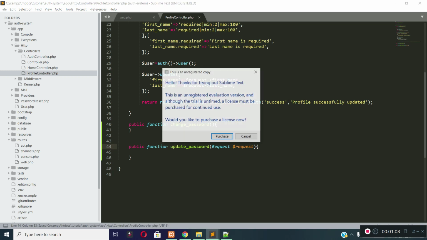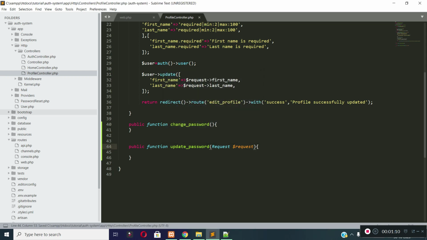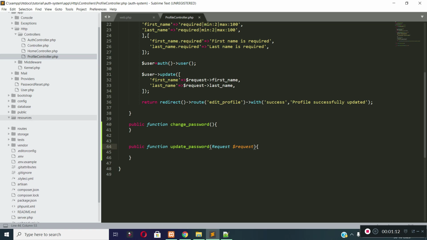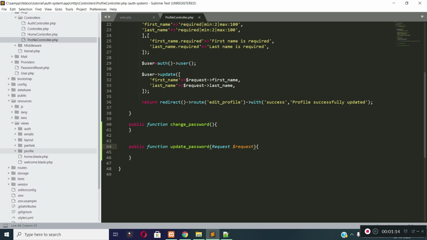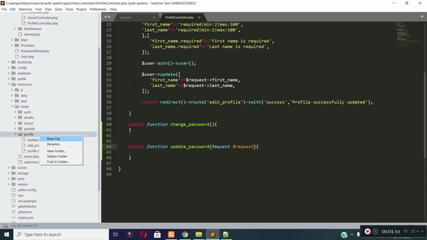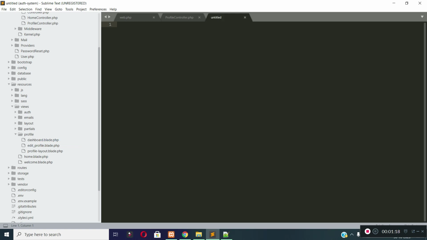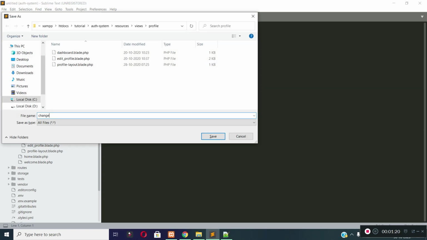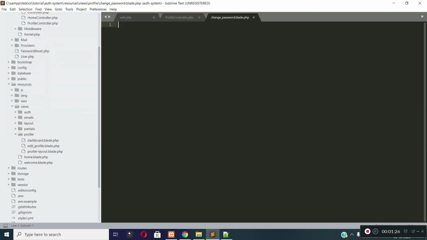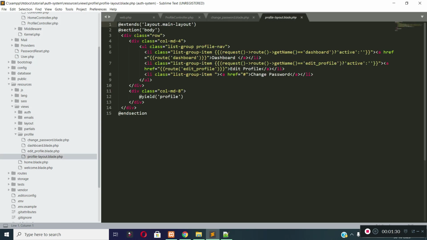Now let's create a view file for our change password page. I am going to create the view file under resources views profile folder. Let's create a new file called change_password.blade.php. Our change password page will extend our profile layout file, which I created in the last video, which is extending our main layout.